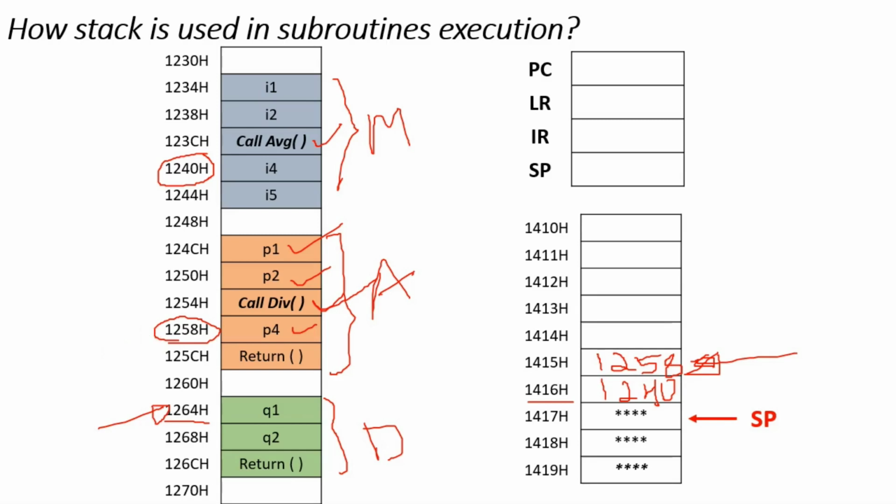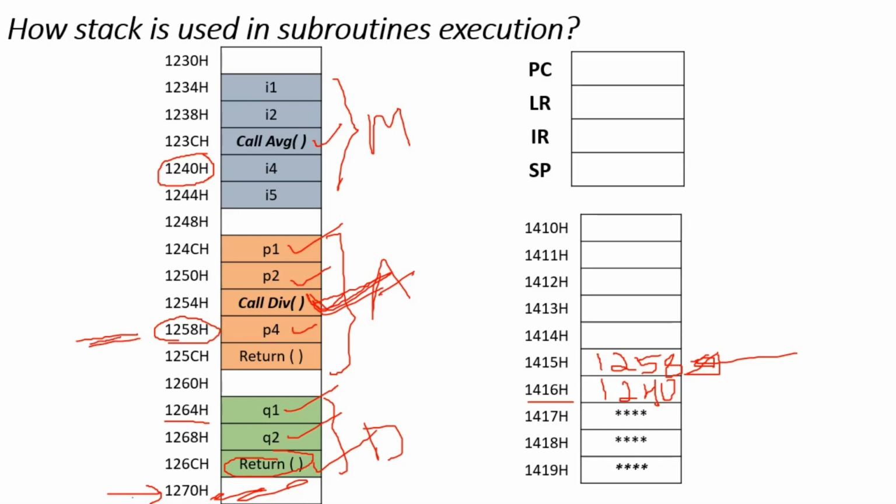So the processor executes that function, the divide function, and starts executing Q1. When Q1 is being executed, PC will be pointing to 1268, that is Q2. When Q2 is executing, PC will be pointing to the return statement. When the return statement is being executed, PC will be pointing to 1270, the next instruction, if it is there or empty, whatever. But during execution of the return statement, the processor comes to know that the next instruction is not 1270, but we have to go back and execute here. That is 1258, we have to go back here.